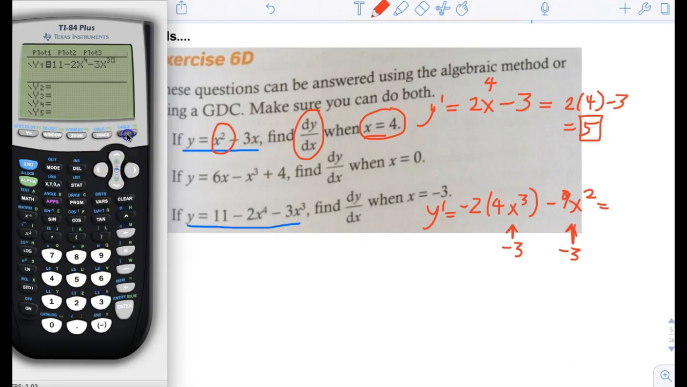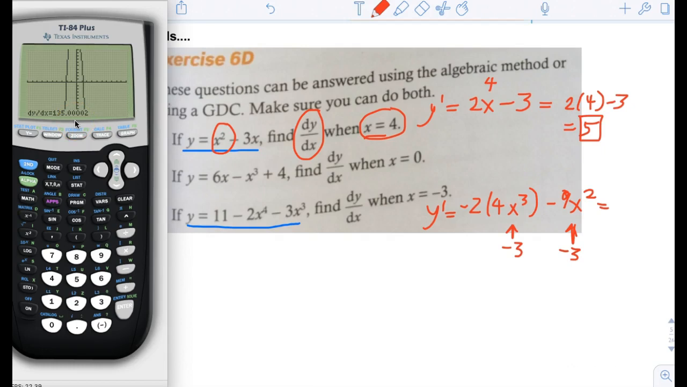And we graph it. And then we're going to tell the calculator that we want to know the derivative at x equals -3. And the way we do that is we say second calc, dy/dx, and then we type in -3. And the answer is 135.00002. After a while, you get an instinct with these math studies problems, and you'll know that the dy/dx